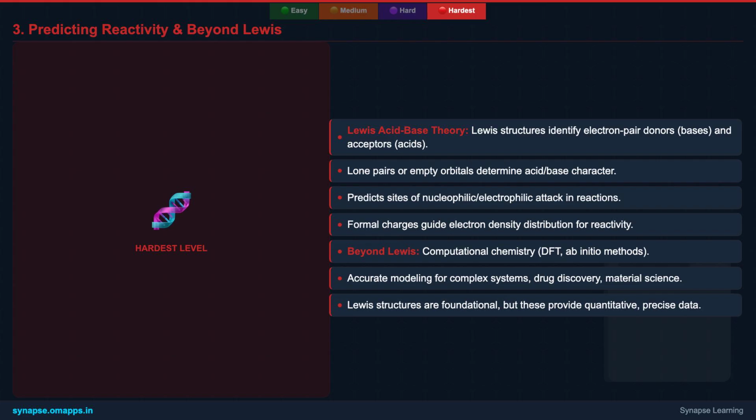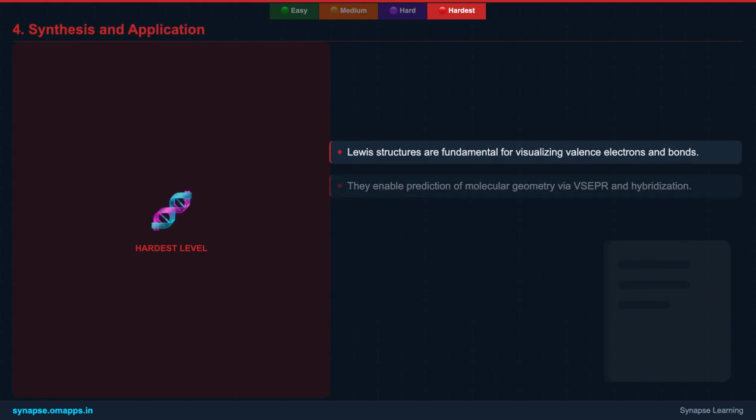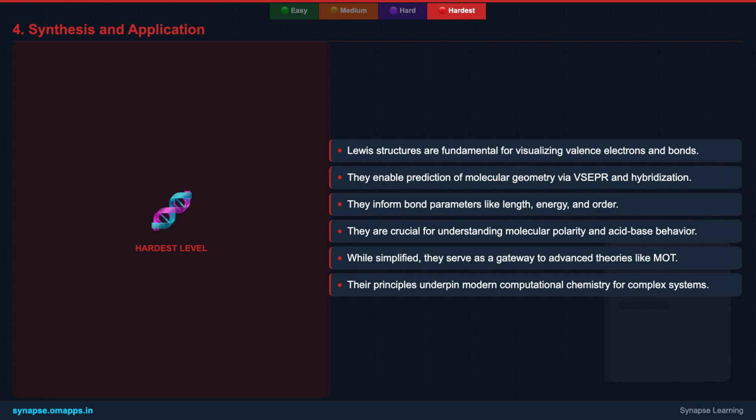of Lewis's initial insights. So, to summarize this advanced level, we've explored how to evaluate resonance structures for their contribution, connected Lewis structures to the fundamental concept of hybridization, and understood how molecular orbital theory offers a more complete picture of bonding than simpler models. We've also seen the role of Lewis structures in understanding aromaticity and predicting acid-base reactivity, ultimately recognizing their foundational role even as computational chemistry takes on the most complex challenges. This holistic view prepares you for the toughest questions in GME.